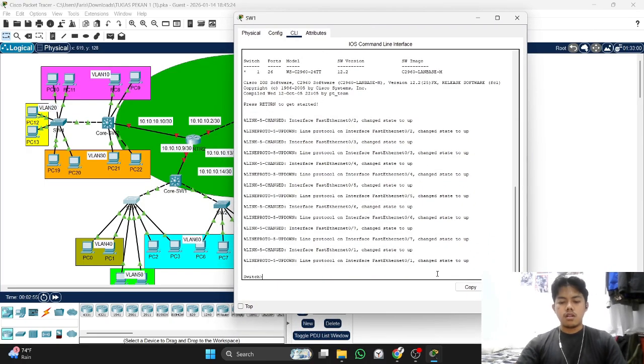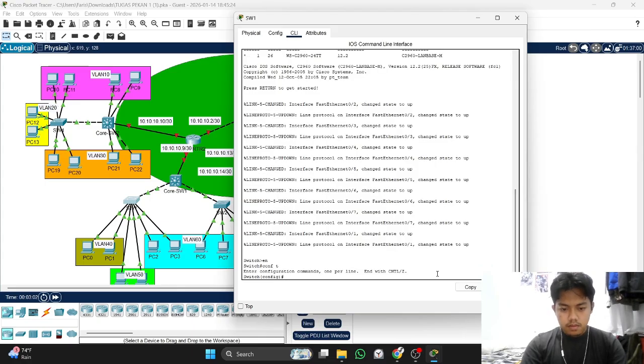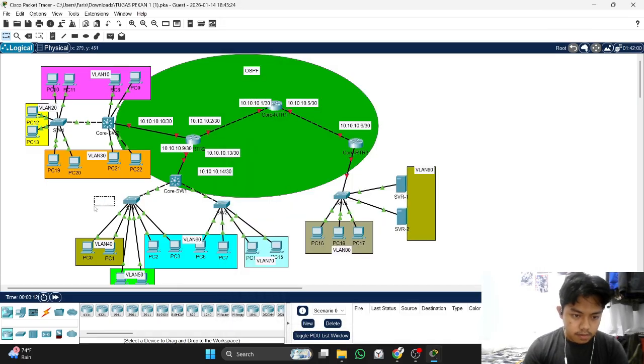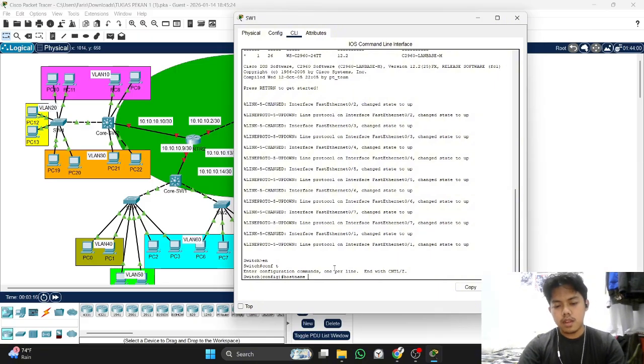First, we go to global configuration to configure the hostname. The hostname is like the display, that's SW1.